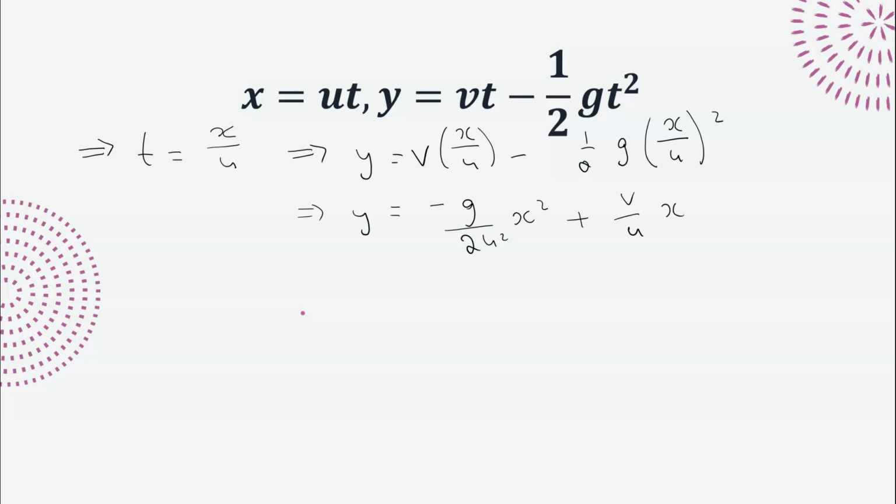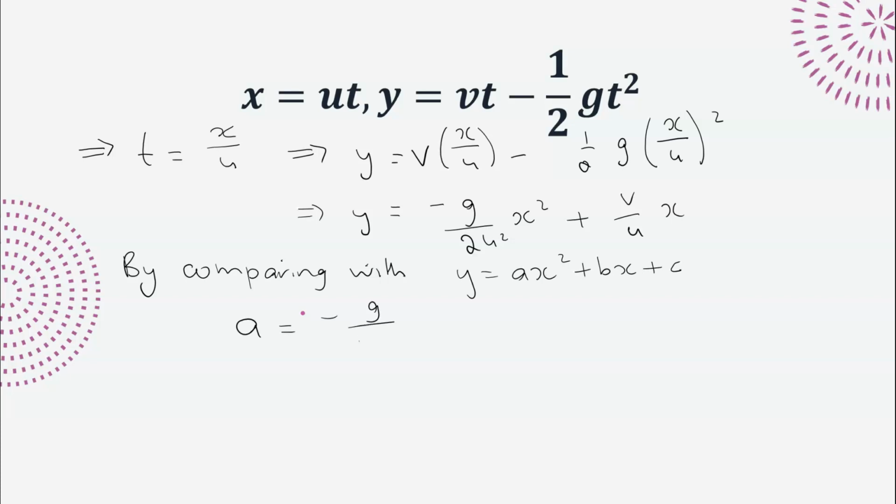Now what I've done there is I have written it in the form of a quadratic because now I want to compare it with the original type. Then we can see that a is equal to negative g over 2u squared, b equals v over u, and